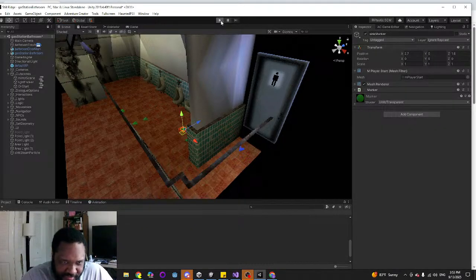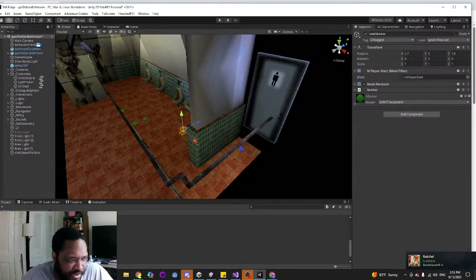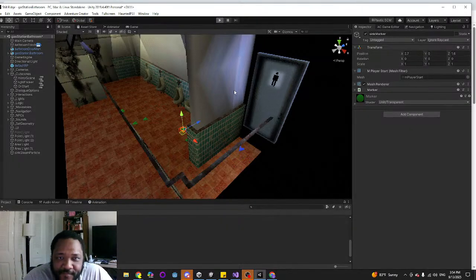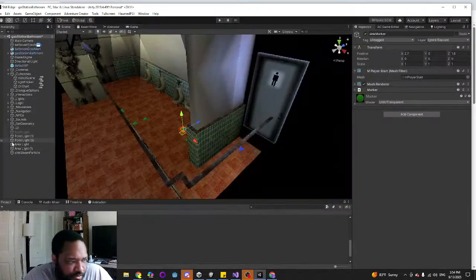I'm just going to check if that's true. And yes, there is an animation playing. So what I actually want to do is teleport that character to the sync marker.